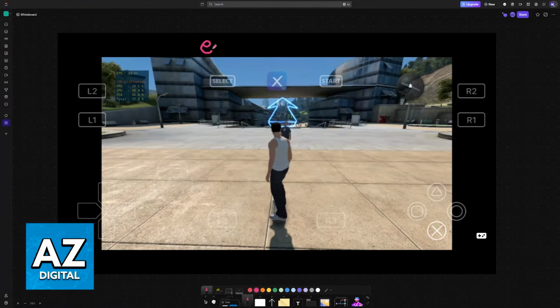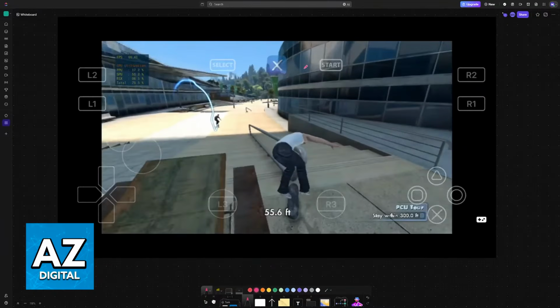Besides this, you can emulate the game. I wouldn't recommend this due to a variety of reasons, but there are working PlayStation 3 emulators on mobile devices. I'm not sure about Xbox. For PlayStation 3, you can emulate games, and Skate 3 is available for that platform. However, I don't recommend it because the FPS is going to be quite low, so the performance is not refined yet. And besides this, setting it up can be a hassle.